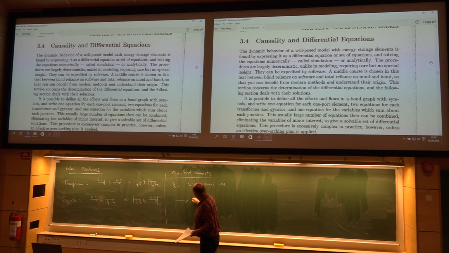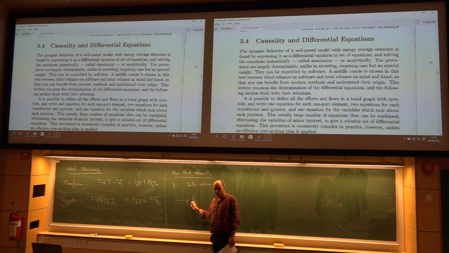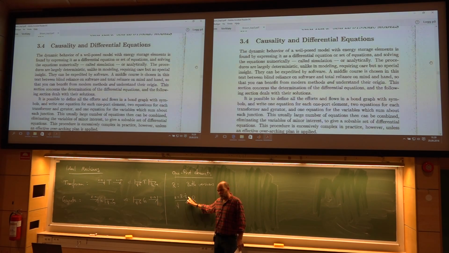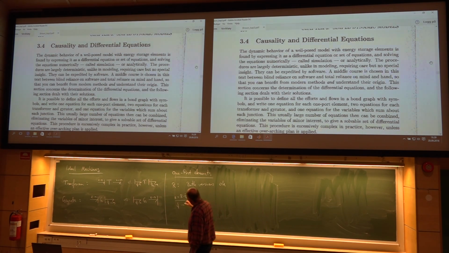So here you have a bond and you have a resistance. What's the normal connection with a linear resistance that we have with flow and effort? Well, if you know the flow, then the effort equals resistance multiplied with Q dot. Where should the stroke be when I do it like this? Well, here it is the flow that's actually hitting this R, and he goes back, and then we can calculate the effort afterwards. Then the stroke is to the left.